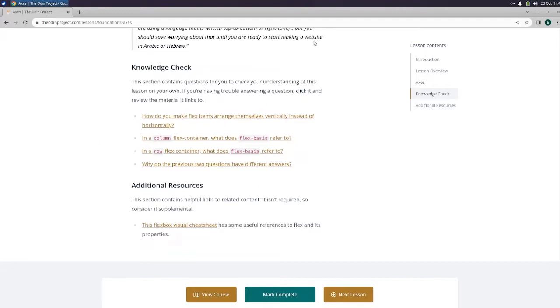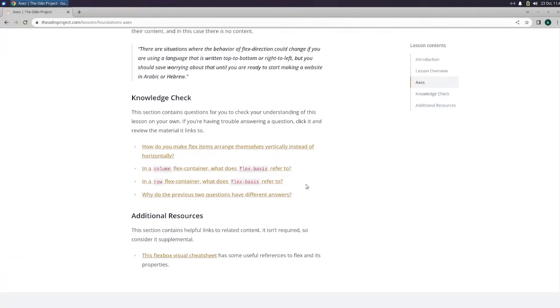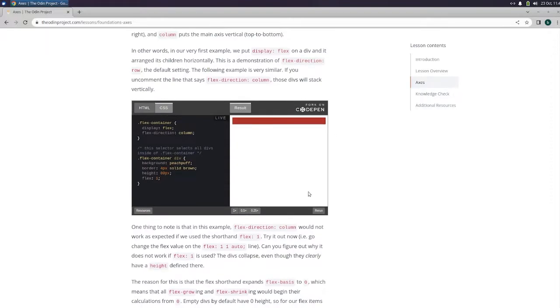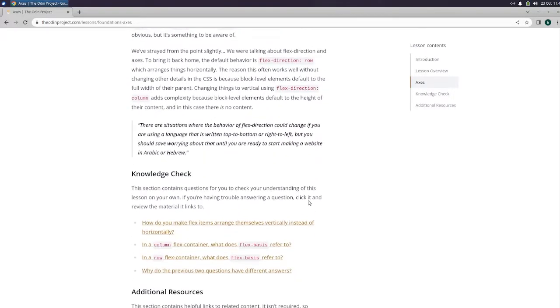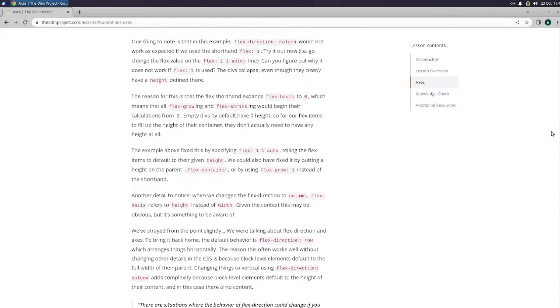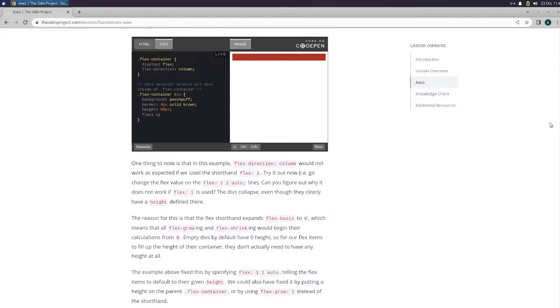Okay, how do you make flex items arrange themselves vertically instead of horizontally? You change it to flex-direction column, not row. In a column flex container, what does flex-basis refer to? Flex-basis would be